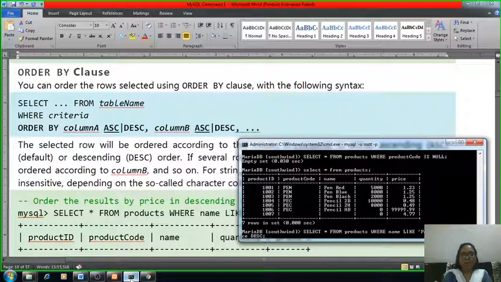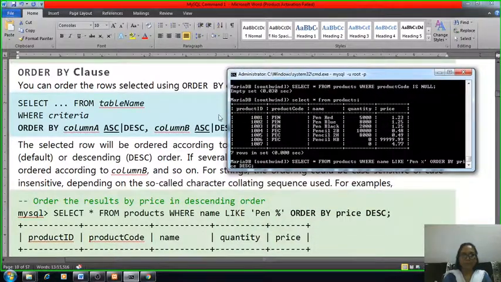This ORDER BY clause works like this. In this command we are using SELECT * FROM product.